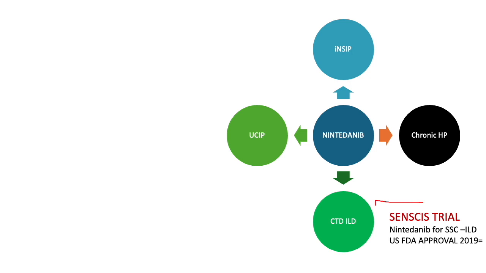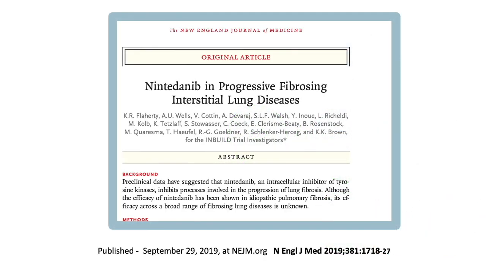And the SENSCIS trial is also a very important trial, and maybe if you want a video on SENSCIS trial results, please leave a comment in the comment box and I'll do that too. So nintedanib was studied in these progressive fibrosing ILDs. This was published in NEJM. It is an open access paper published in